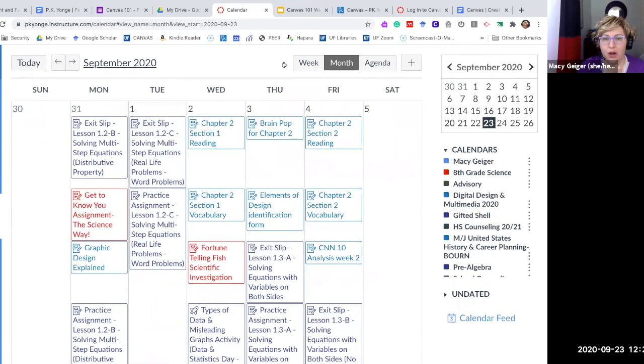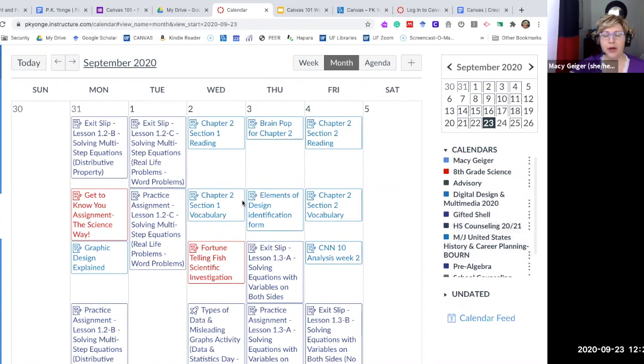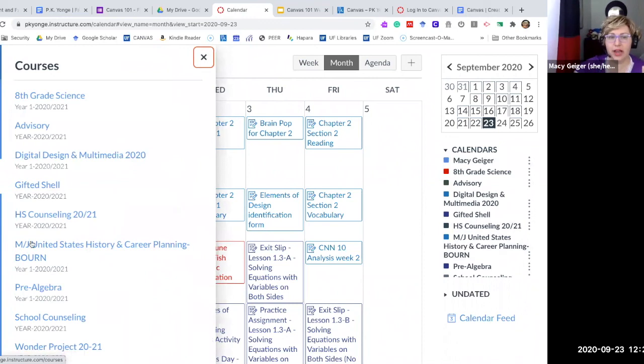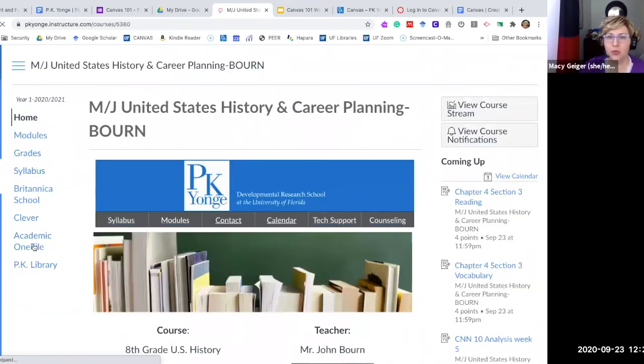Like right now, it's going to look a little overwhelming because if you see here on the side, we are viewing every single class, right? But again, this is just another feature. I would recommend just staying within the actual course and going course by course. If you're going to be sitting with your student and saying, let's talk about what you're doing in history, right? You can go to modules,